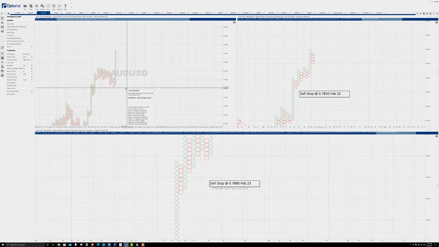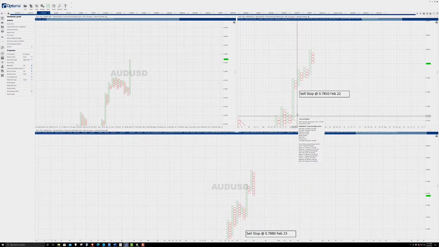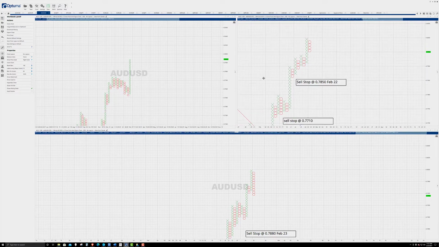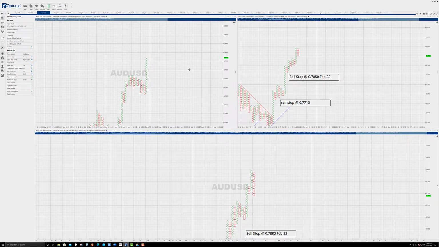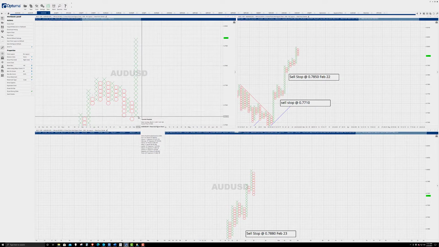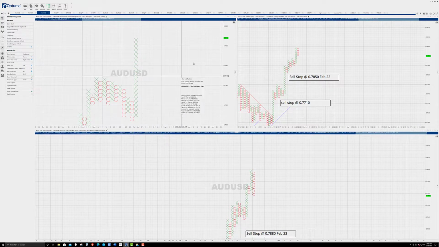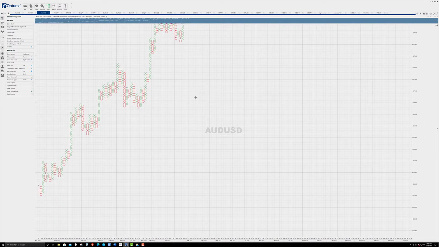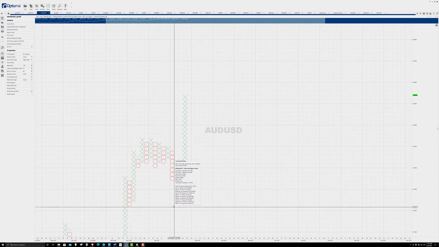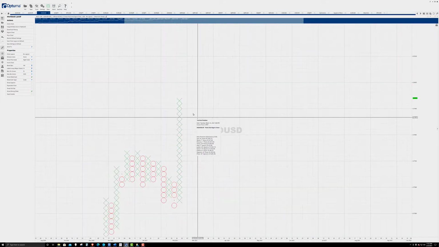And the chart's going to update. There we go. So really not a whole lot of change when it comes to the 20 pip 3-box reversal chart. And this is a pretty massive spike. What is the range on this? This is a 400 pip column on the Aussie dollar US dollar. This is one of the biggest ones I've seen in a while. In fact, we have to go back to, this one was 360. So this one's pretty massive.